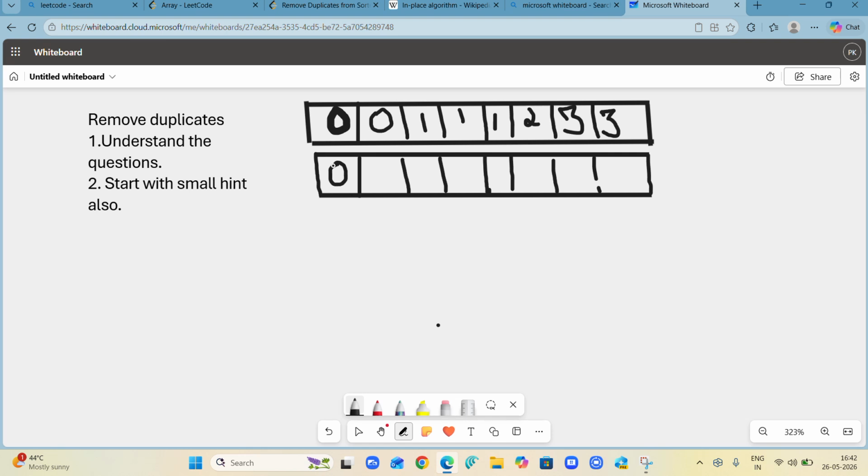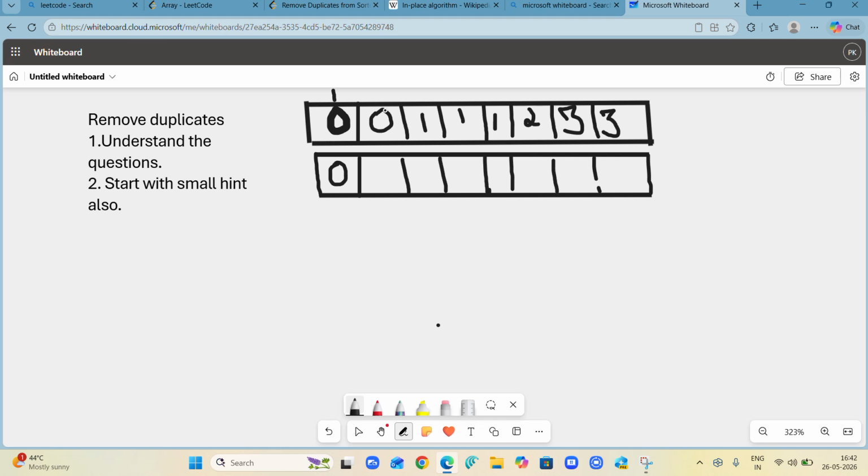Okay, and then I would have checked that if array of i minus 1 is not equal to array of i, then in the separate array, new array of index equals array of i. I would have created a separate index variable and started it with 1, because the first element is already stored.